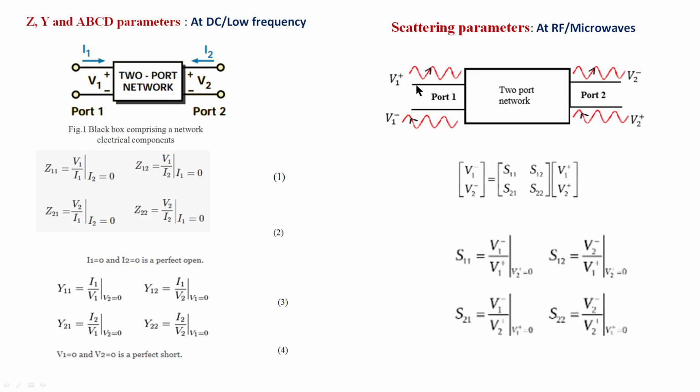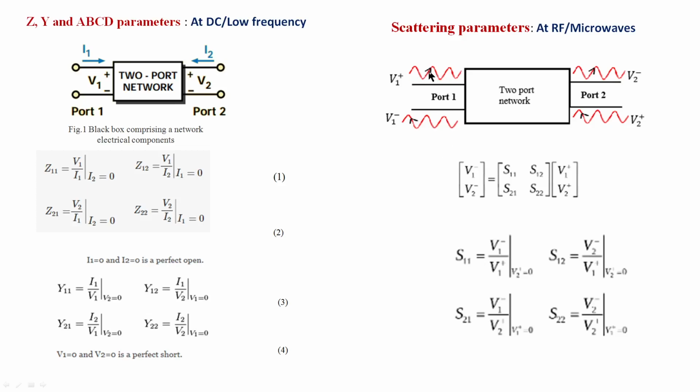This is a transmission line. The wave is incident, going like this, and whenever it comes here, if there is an impedance match, then what happens? No wave will be reflected. But if there is a mismatch, what happens? There is a reflected wave. See like this, this is a reflected wave. That is the scattering. A part of the incident wave is scattered back like this. So in our RF scattering parameters, we consider these two waves separately.